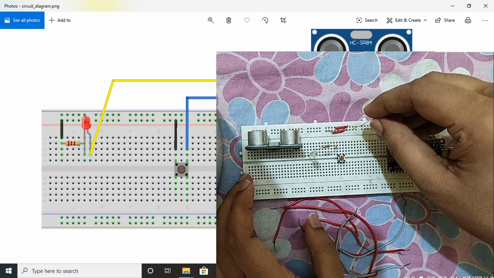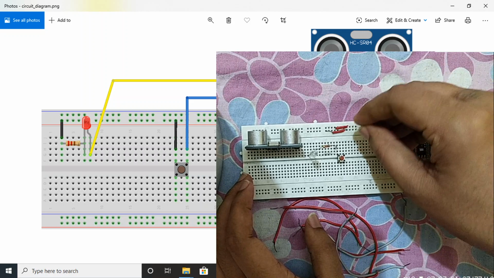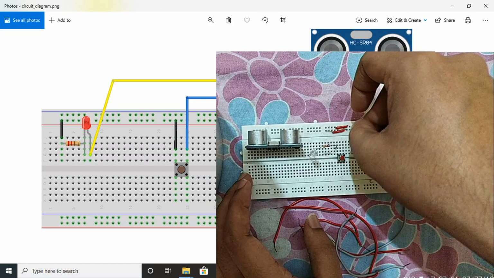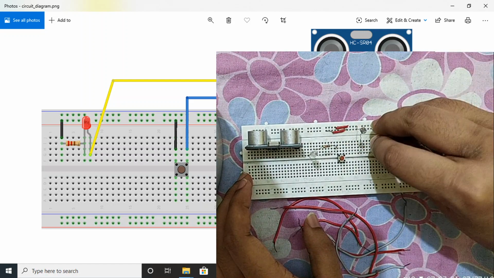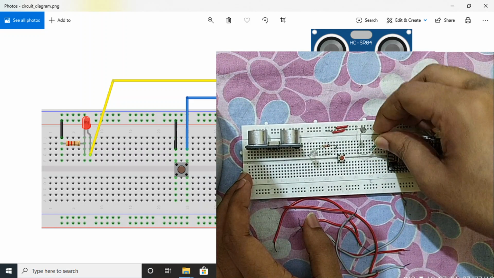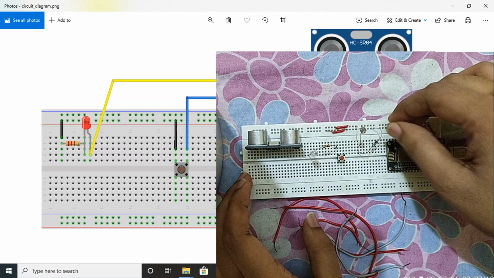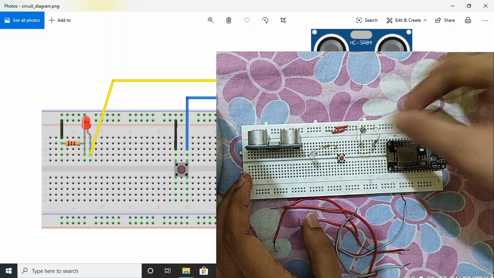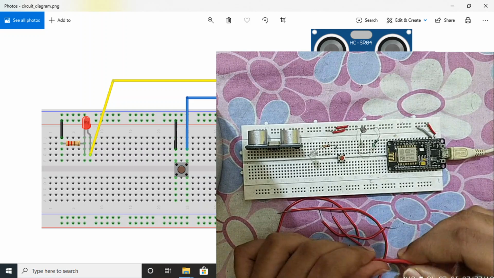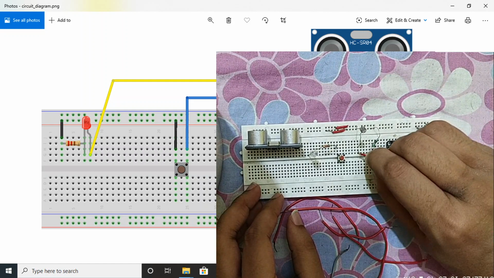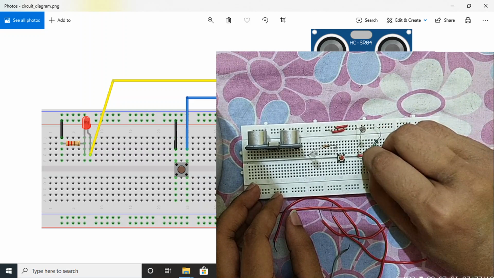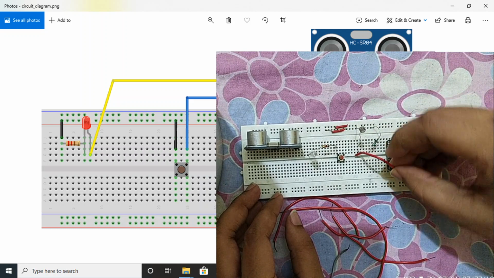I think this one is 5 volt, and one end should be at the resistor which is connected to the ground, and this middle point should be connected to the A0 of this NodeMCU.